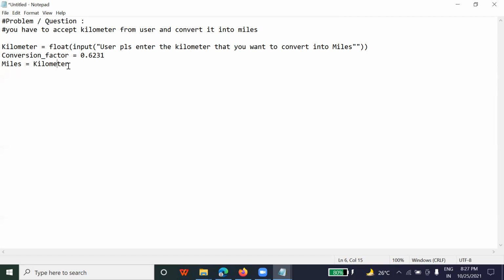It's not like you create kilometer here and use something else there. Just like your name, if your name is Urmila and in your document I write something else, it will be a problem, right? So always use the same name whatever you created, whether for a file name or a variable. So kilometer times conversion factor, written as it is.